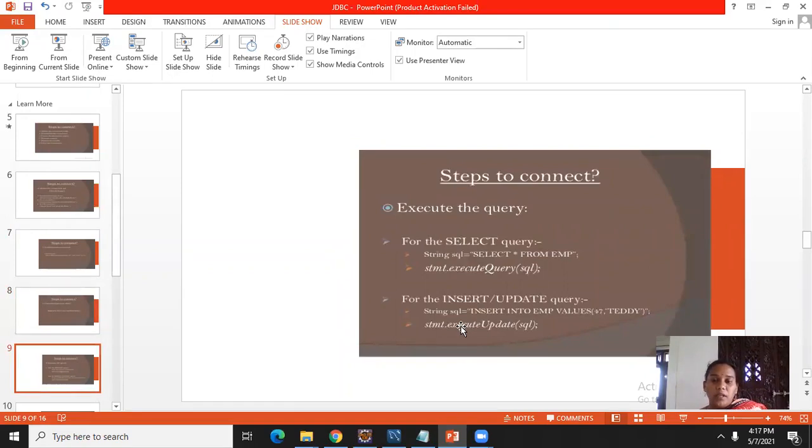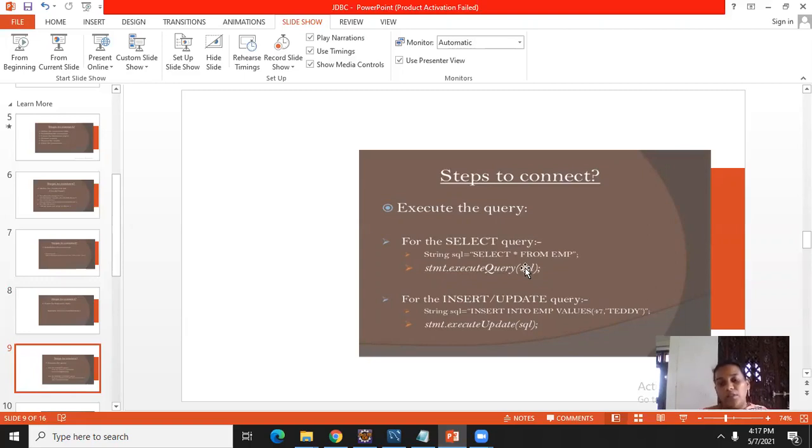Once after creating the statement type, we need to write the SQL query. Which SQL query do you want to print? That SQL query I need to prepare, and after preparing that query, we have to execute that one. So here we have three types of statement methods.